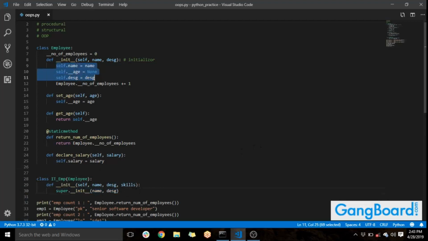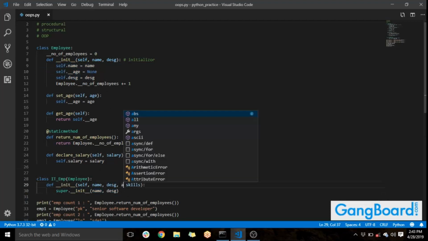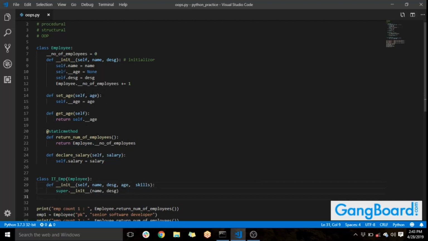Say suppose along with the names and the designation, we are also sending the age. Okay, now the age is not initialized inside the init class over here. So what we need to do, we need to call one more superclass, the same superclass. By super, what we mean is that we are calling the parent class. So super dot set age, and then we are sending him the age. What is the age? Say we are accepting the age over here, and we are sending the age over here,